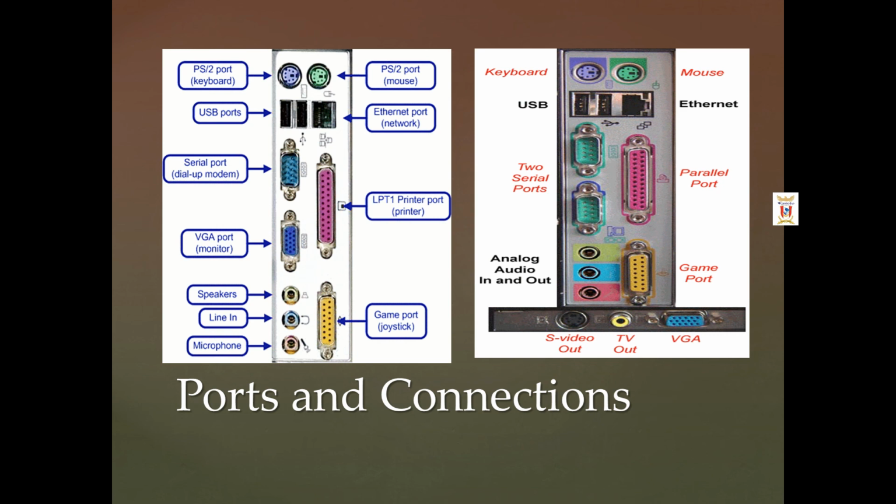Next is the parallel port. It transfers several bits of data together at a time. So we attach a printer, scanner, CD writer or external hard disk drive to the parallel ports. Next is USB. It is used to transfer data and can also act as a power supply to the devices. We have again two USB ports, and in the front of the CPU cabinet we have two more ports.